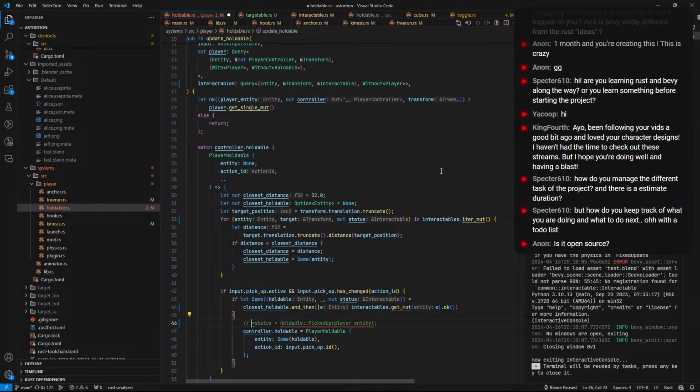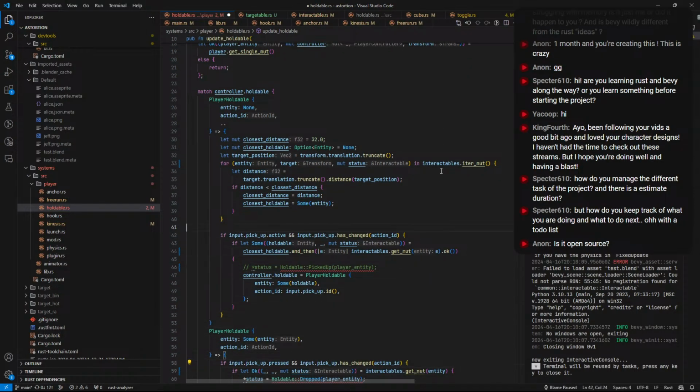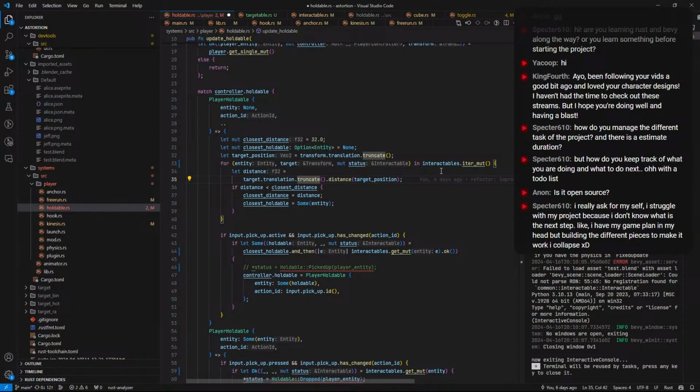Okay, we're gonna go back to this. So this is no longer necessary because we're only interested in the target right now. Maybe later we're gonna need to verify if we can actually interact with it,